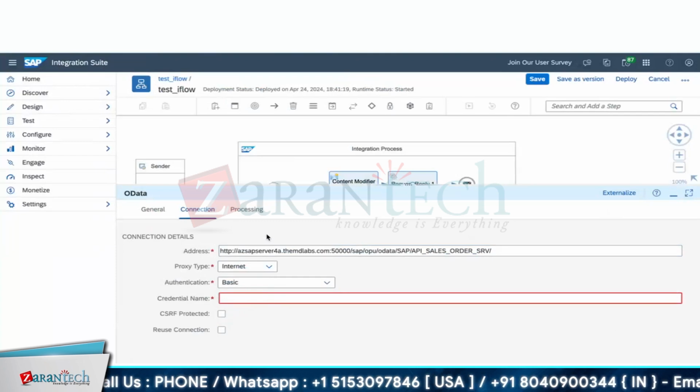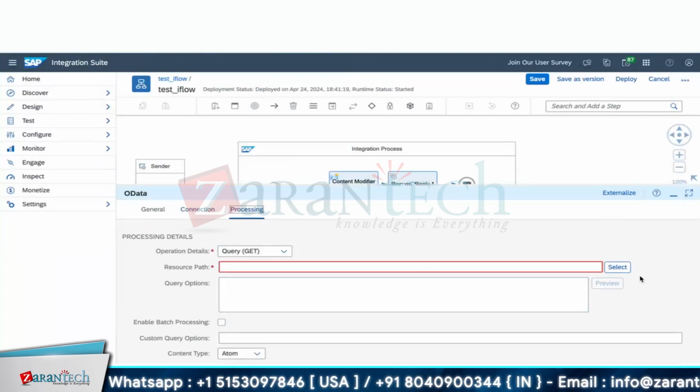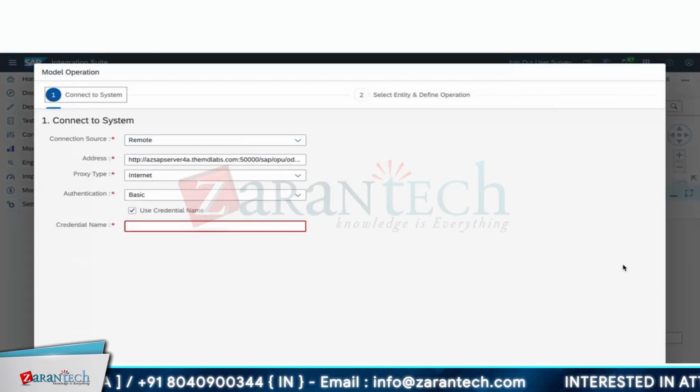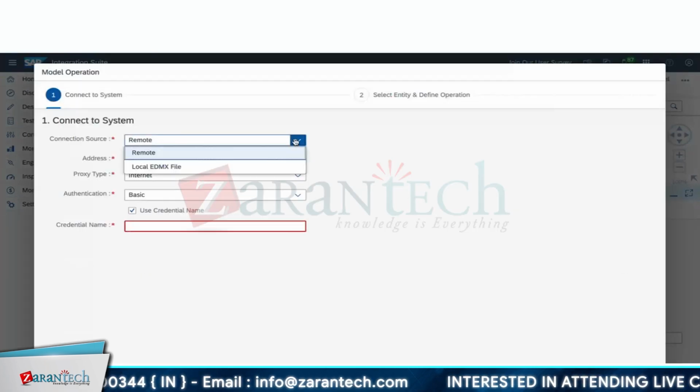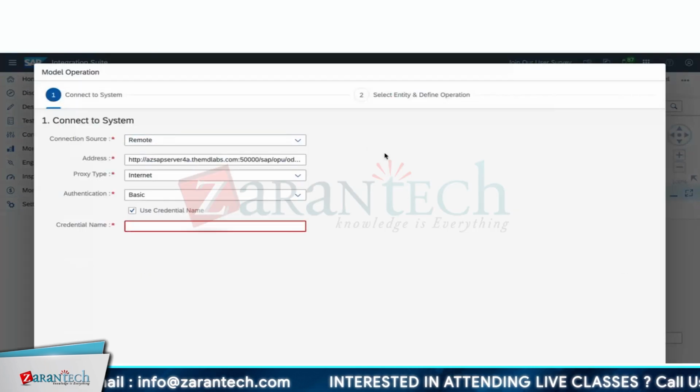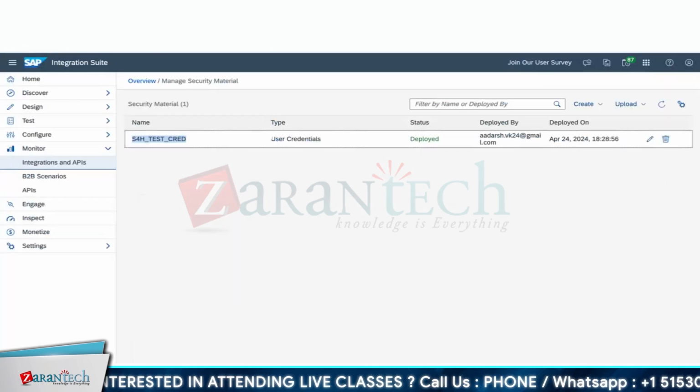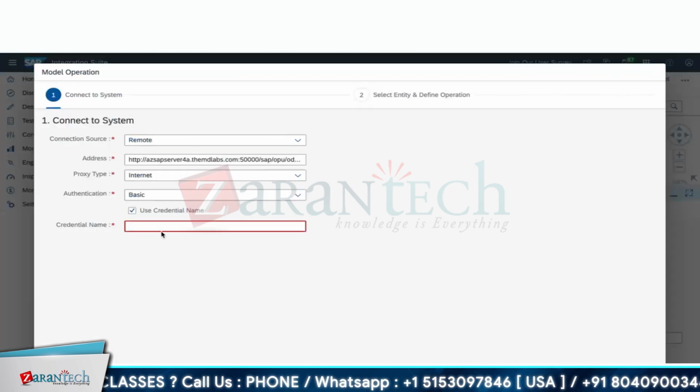Once you click on the next step, called processing, there is something called select resource. Now it will ask you to input the credentials. I'm giving remote, then I can give the credential name, which credential I need to use. I can use this one.